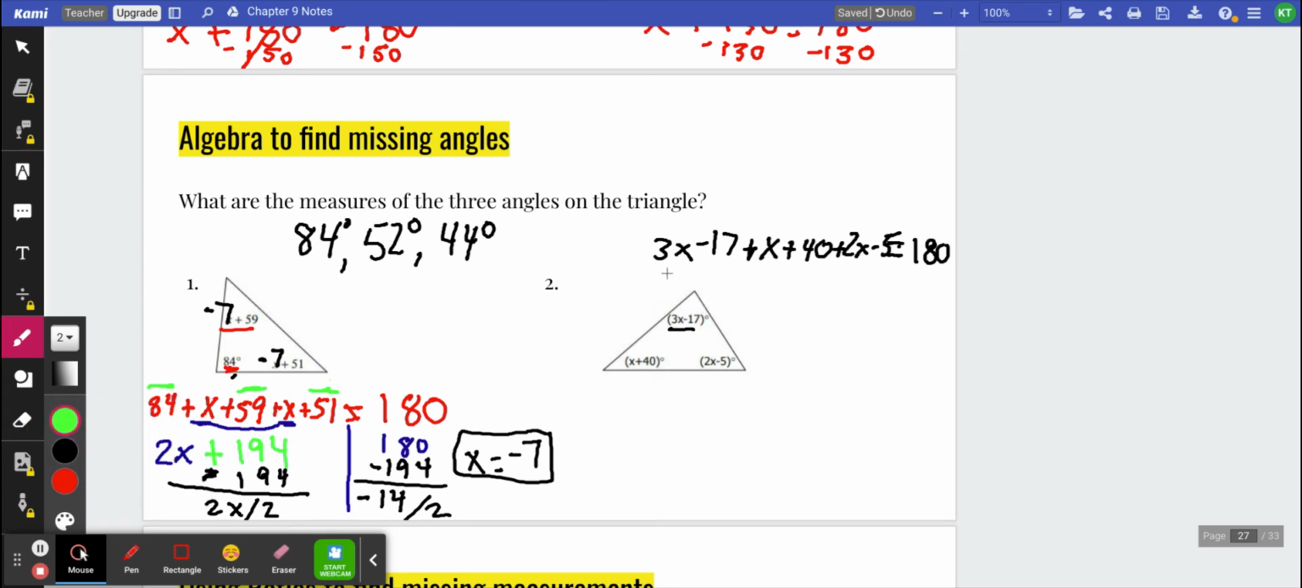So let's combine our x terms. We have 3, right? That's really a 1, and here's a 2. So 3 plus 1 plus 2 gives me 6x. And then my numbers, negative 17, positive 40, right? And that's really a negative 5. So negative 17, positive 40, and negative 5 leaves me with